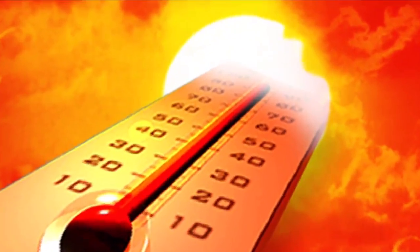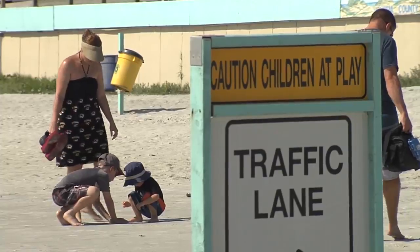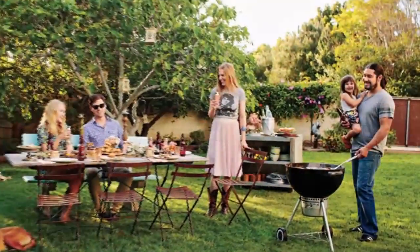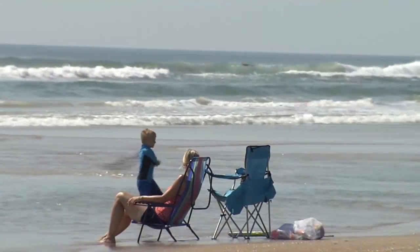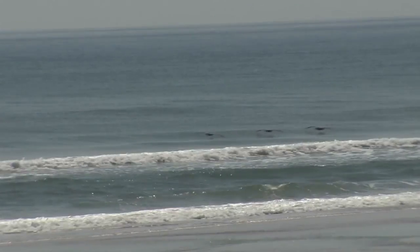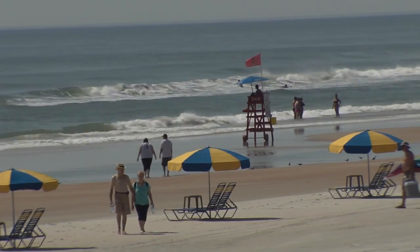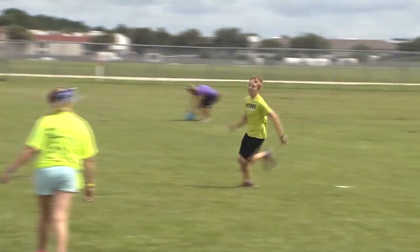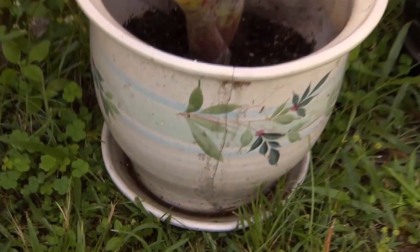With an annual average temperature of 70 degrees, Volusia County is rich in outdoor recreational opportunities. From enjoying the beach to boating on scenic waterways to barbecuing in your backyard, there are plenty of opportunities to kick back, relax, and enjoy the sunshine. We aren't the only ones who enjoy Florida's year-round temperate weather, though. Mosquitoes also like the mild temperatures. As you enjoy the outdoors, it's important to remember to tip and toss to do your part to minimize places